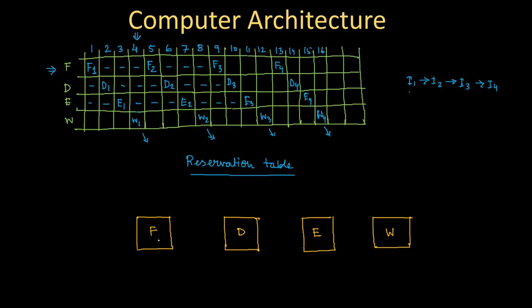Now, since we have assumed that each and every stage takes the same amount of time, when the fetch stage fetches instruction 2, the decode stage will at that same point of time complete the decoding of instruction 1. So instruction 1 will move forward to the execution part, and at that same time instruction 2 from the fetch stage will move forward to the decode stage, and at the same time instruction 3 will come for fetching. Something like this.